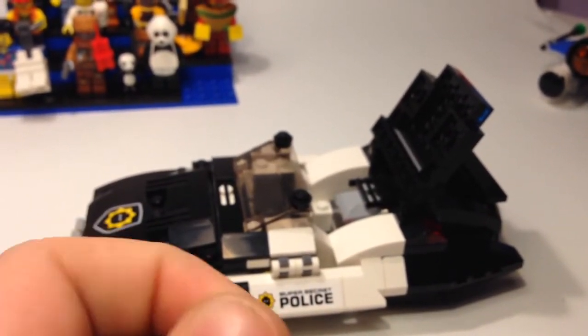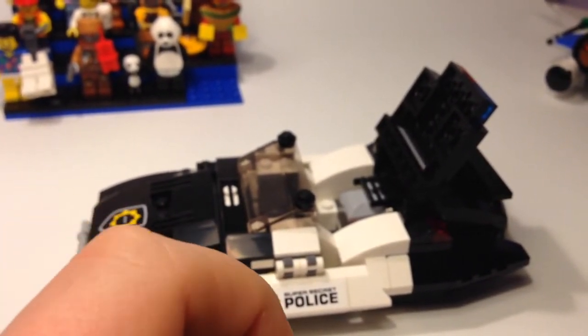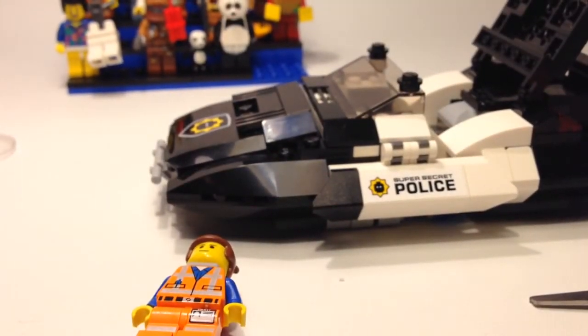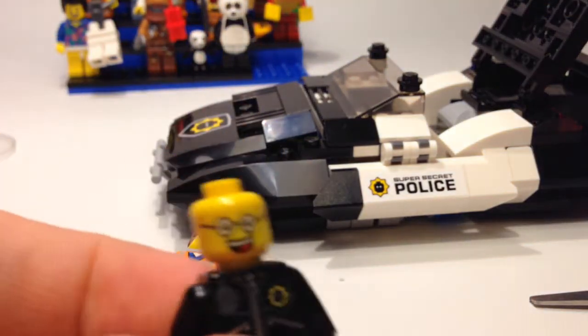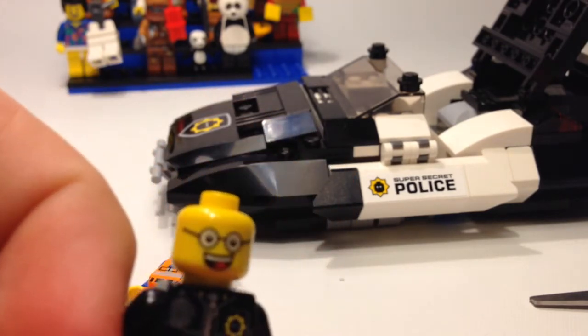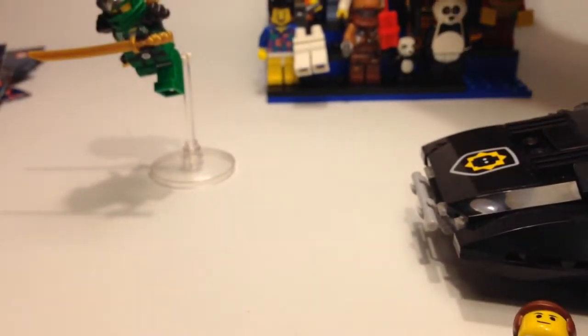And if I take off the actual, I hate when this happens. Sorry, I have to put you guys down. For some reason the head did not want to come off the helmet, so we do have Bad Cop on that side and Good Cop right there. But if you wonder what's the difference between the